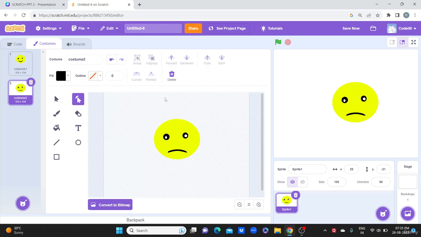Isn't it looking sad? This is happy, this is sad. See how I will change. You can change it with the code. It's smiling and then again it's sad, getting sad again. So this is how you can create a sprite, how you can draw the circle, how you can use select